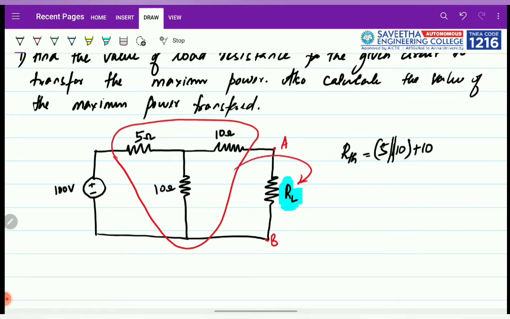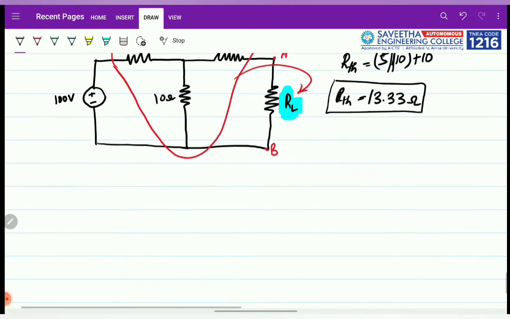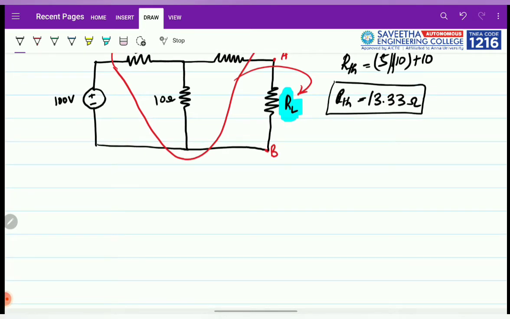In that case we had 50 divided by 15, which gave you 13.33 ohms RTH value. So in this problem we will do the same procedure. We found the earlier value, so we will be able to get it. We would be writing only the statement as: